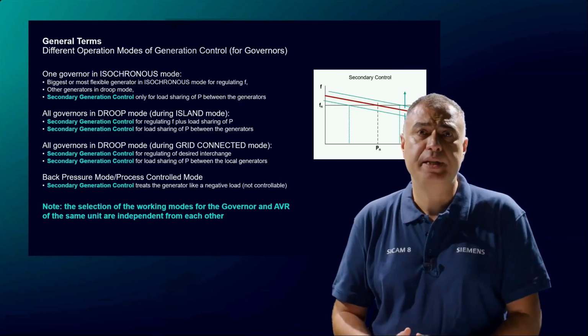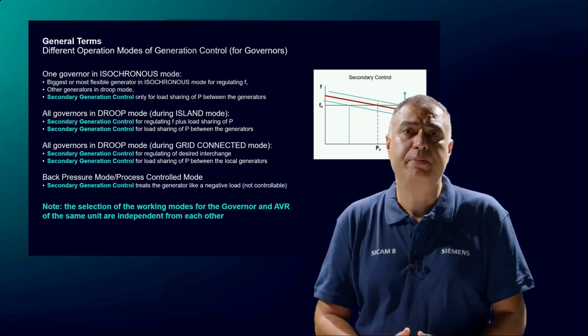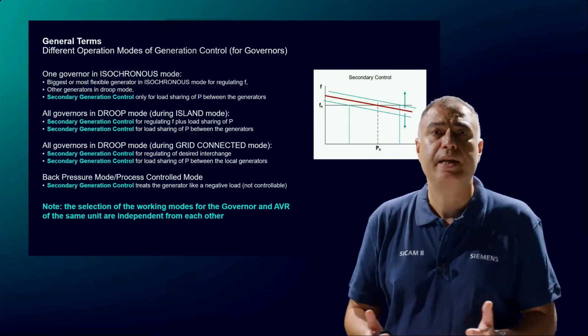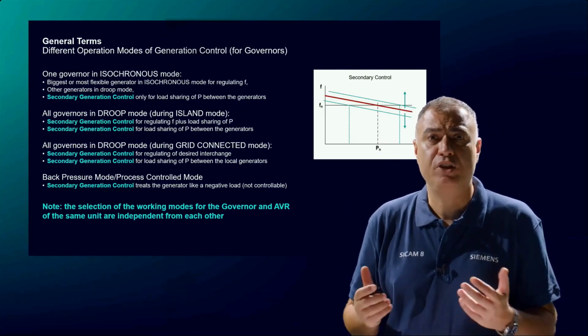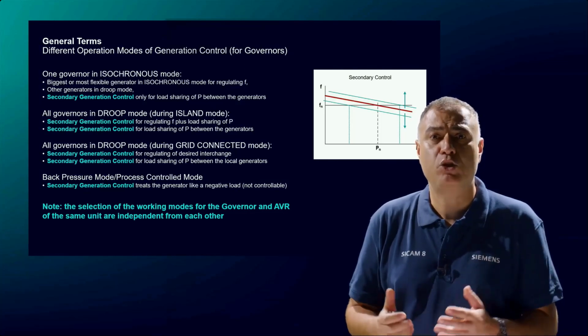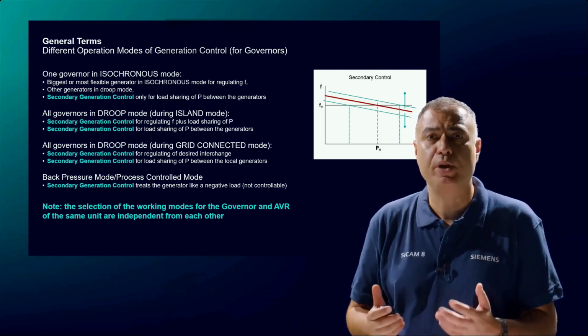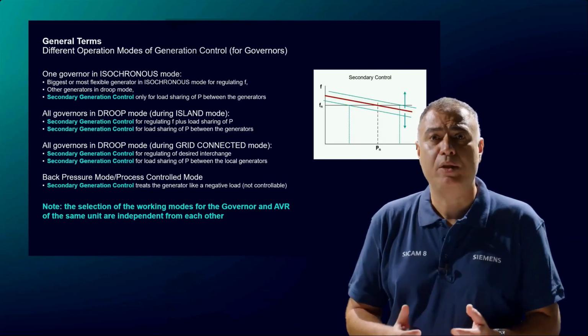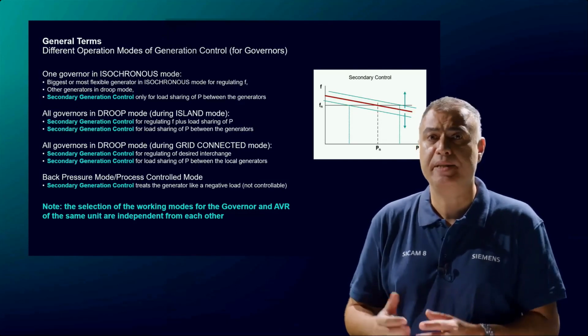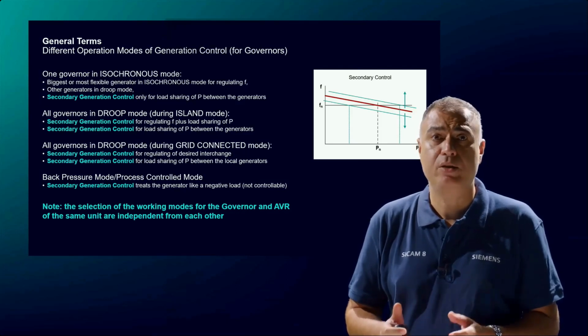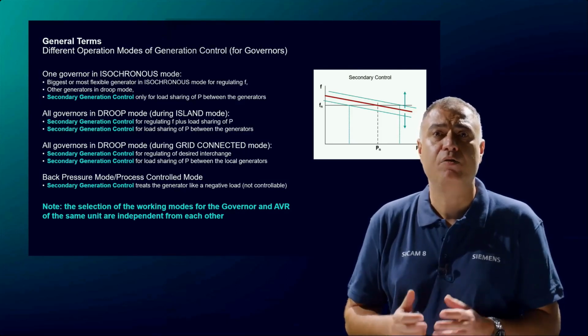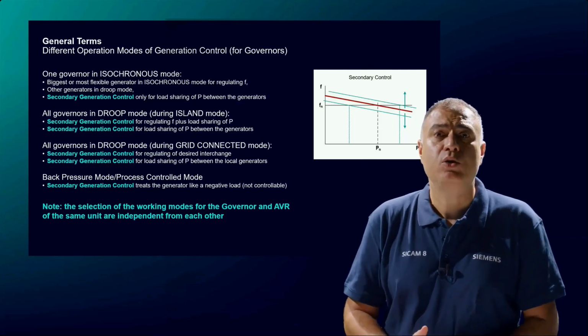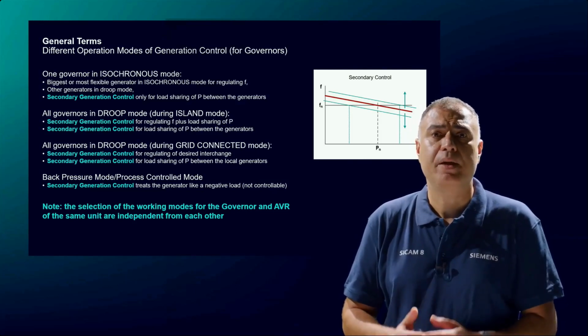The fourth working mode is a special case. Sometimes in plants, you have certain power sources like waste heat. To increase the efficiency of the entire plant, such power sources can also be used to generate electrical power. However, it has to be observed that this power production is controlled by the process and not by the secondary control system. In such a case, the back pressure mode is selected for the governor, which indicates to the SICAM generation control system that the power output of the generator cannot be